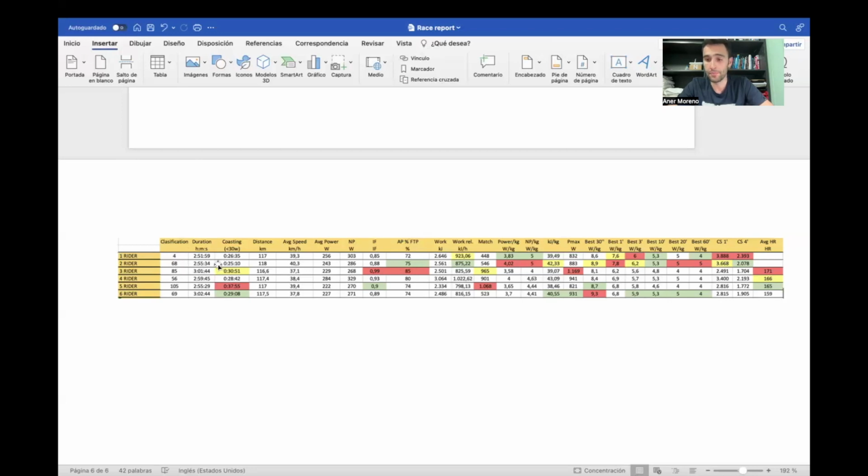This way, I think there is a mistake anyway, because there is no yellow color here and there is no green color here. But I suppose the green and yellow color was for the fourth rider, which was exactly the third best position, which was on the climb.